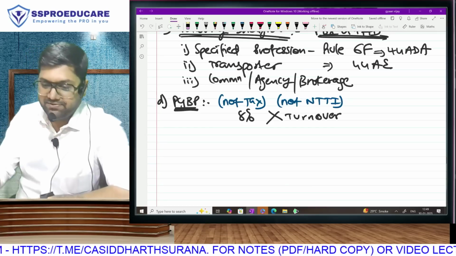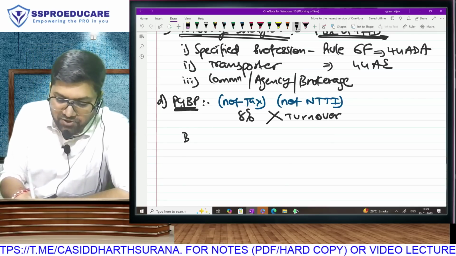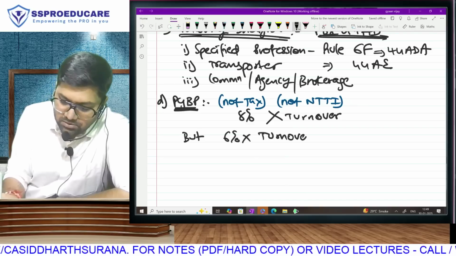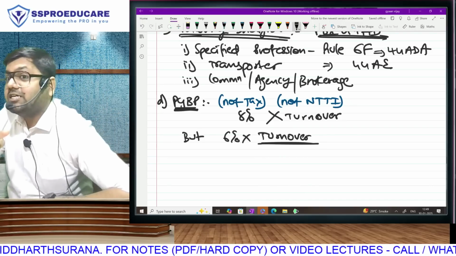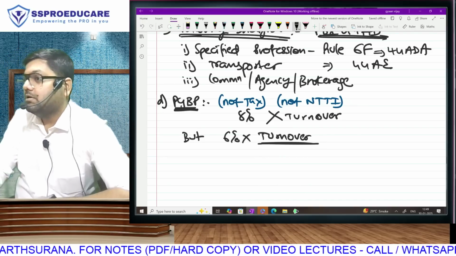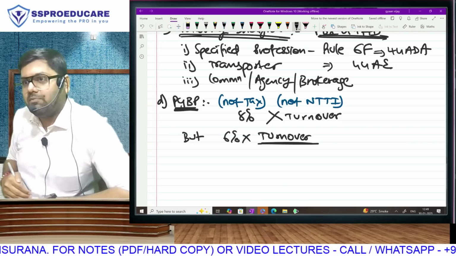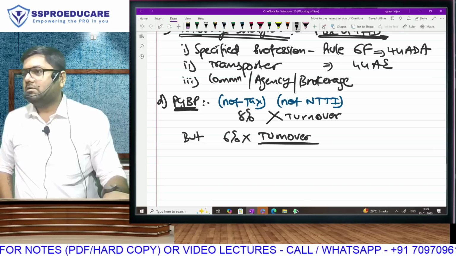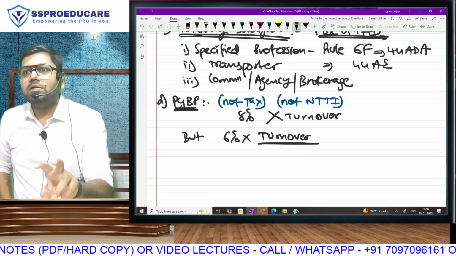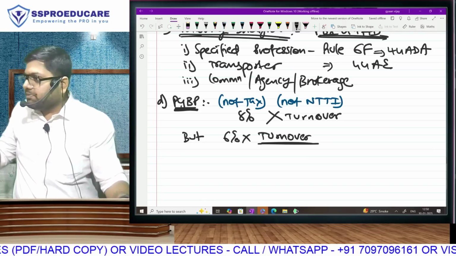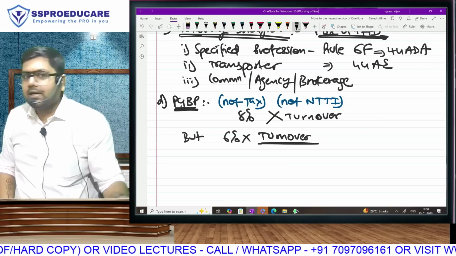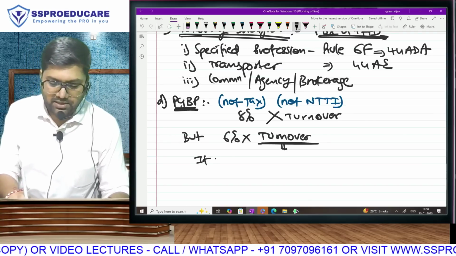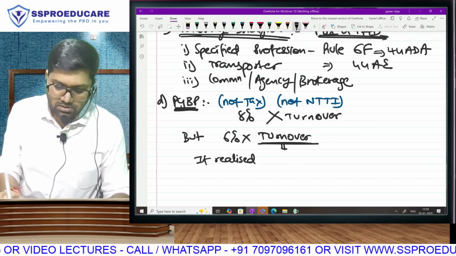We will further incentivize this. We will change 8% to 6% of your turnover. That means, can I say we are changing the 92% deduction to 94%? We are taking further tax on a lower amount. For example, 1.5 crore. You were getting taxable income of 12 lakh. Now taxable income will become 9 lakh. PGBP 12 lakh will become PGBP 9 lakh. Is 6 better than 8 for the taxpayer? Provided this turnover is realized